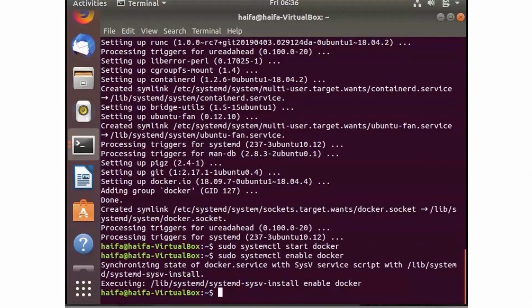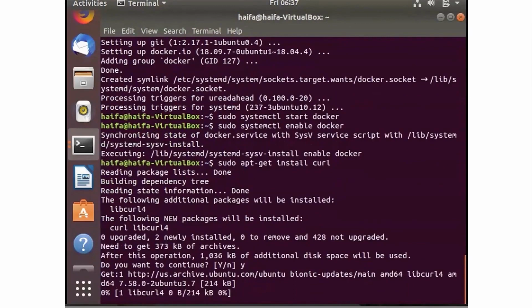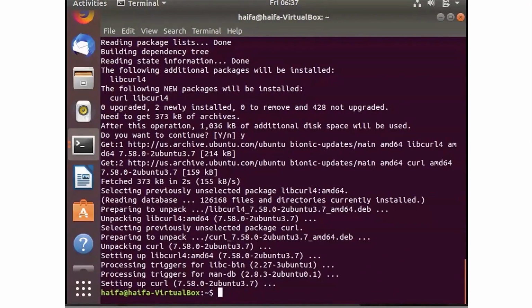So the next step is to install all the components for Kubernetes, and we're going to install the curl command and then kubelet, kubectl, and then kubeadm. And we're going to install all the necessary tools. And so let's go ahead and put in sudo apt-get install curl. We're going to get a prompt. We can say yes for that. And then after this, we'll go ahead and install Kubernetes.